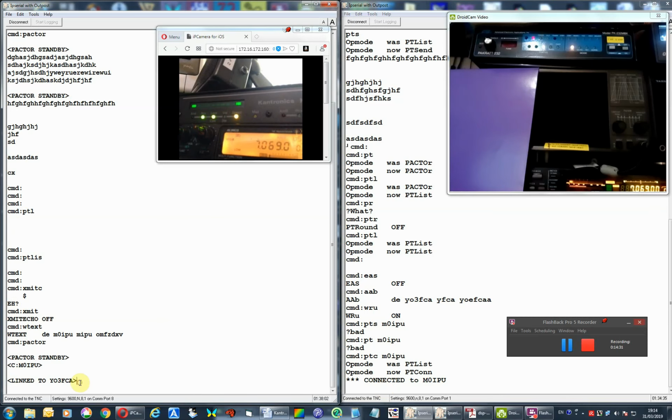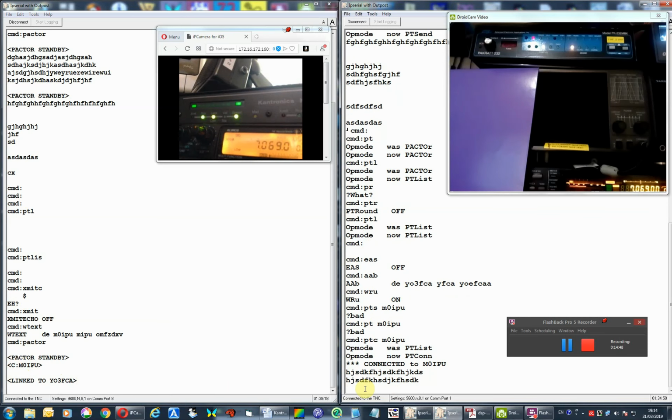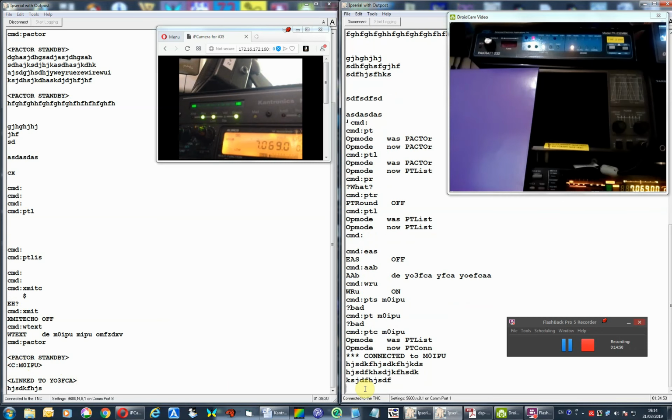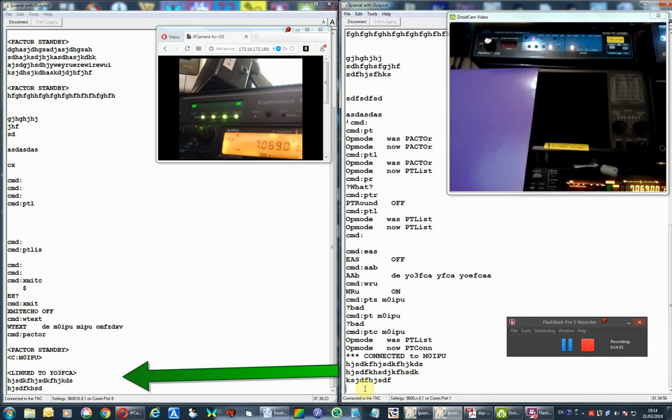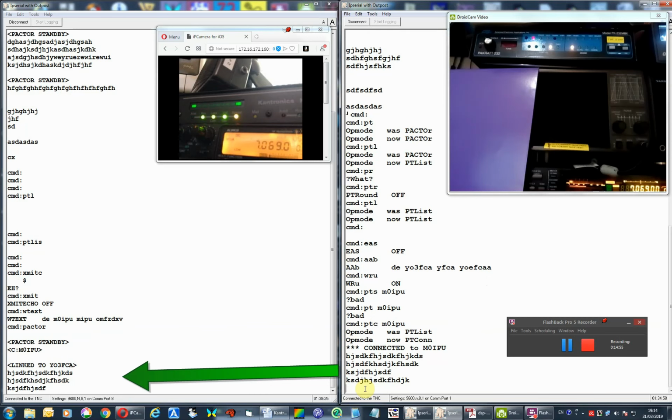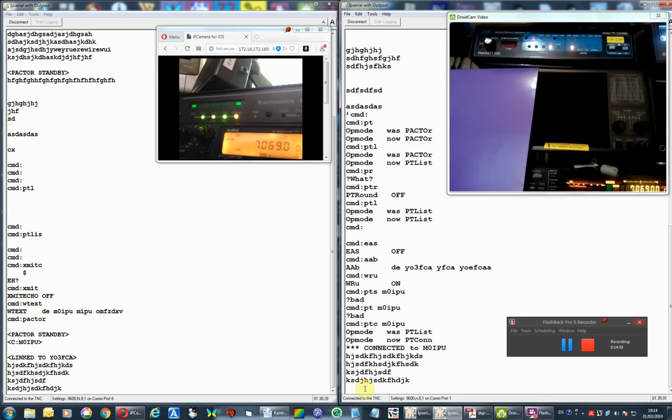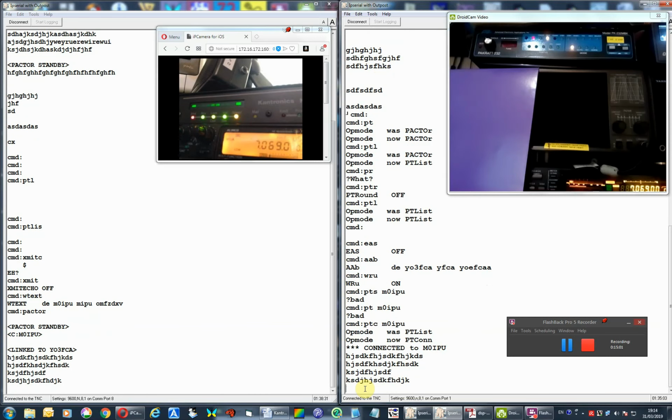We've got on the left here, you can see the connection request and the linked text here. So now if we go back to PK232, we can type stuff and the other station should be able to receive that. You can see it's coming up on the left hand side of the screen there. Okay. If we want to flip the